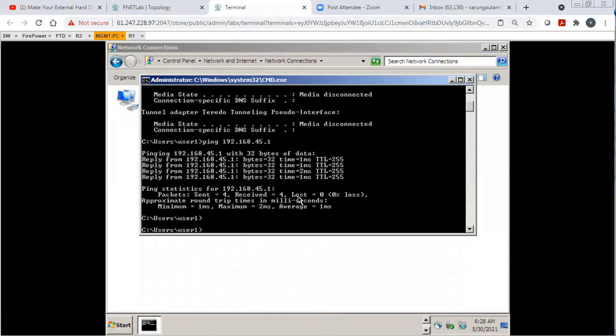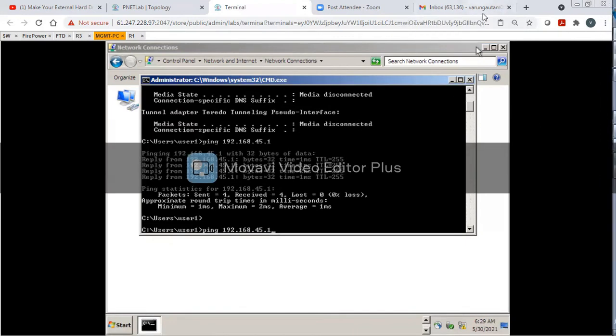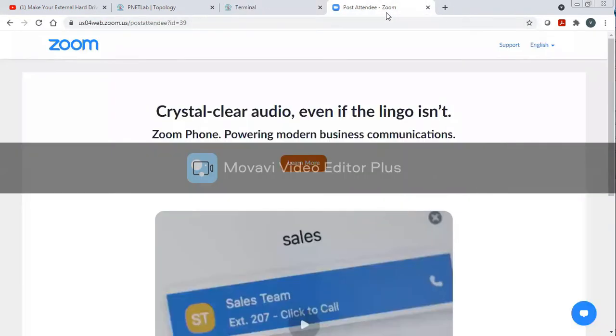Now by default, the IP address on FMC and FTD, both, is the same, which is 192.168.45.45.